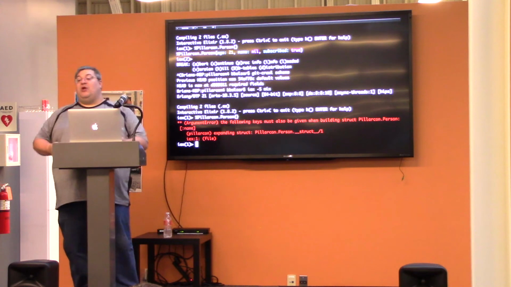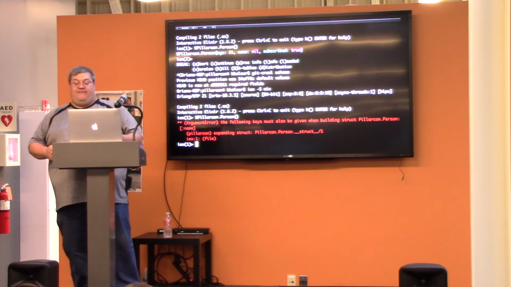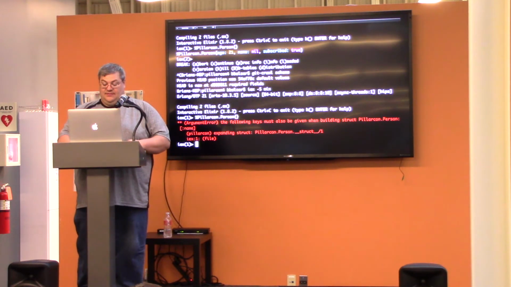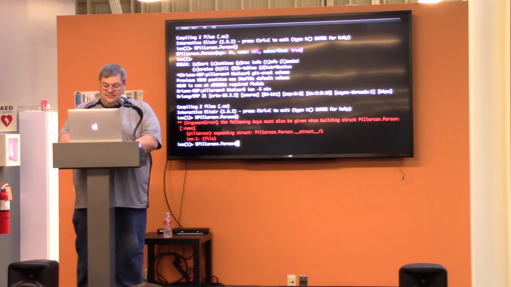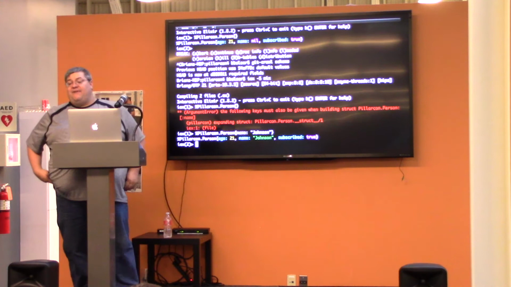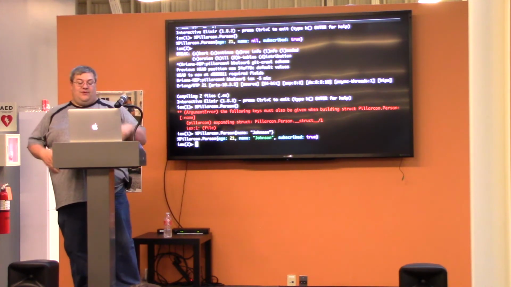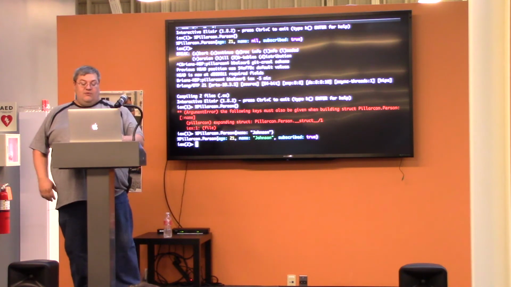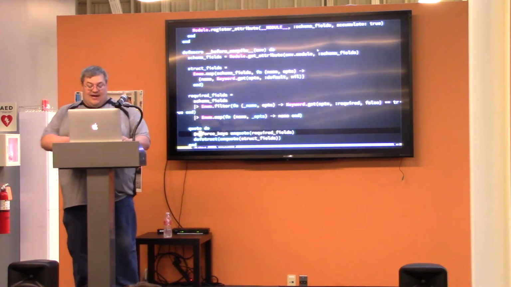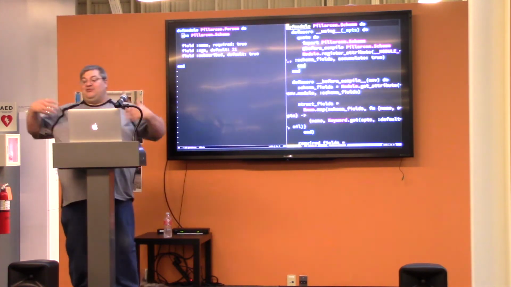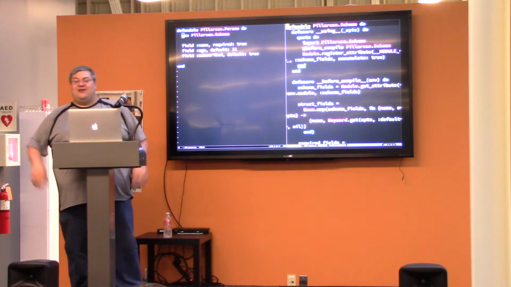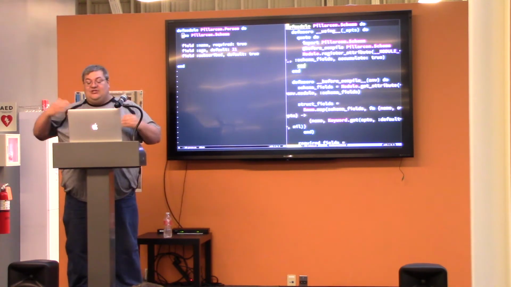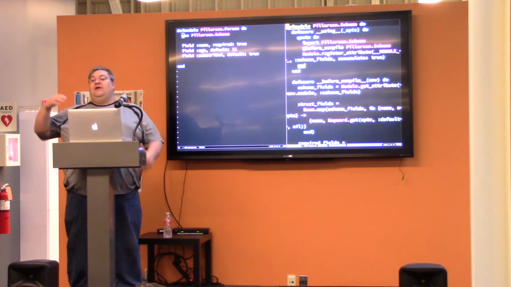And now it is going to blow up because I don't have the name field defined. And once I define a name field, I get my struct with a default value and required fields, right? So this is a kind of contrived example, because I'm not sure why you would do this outside of what Ecto is doing. But it shows how to use before compile, where you can